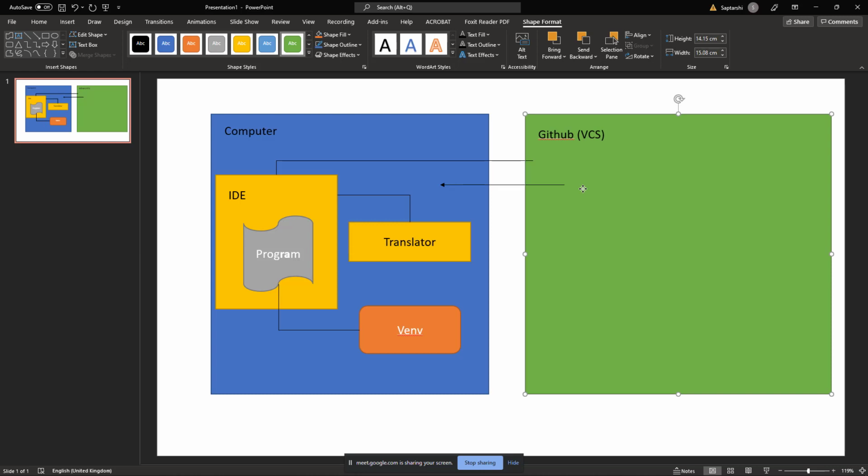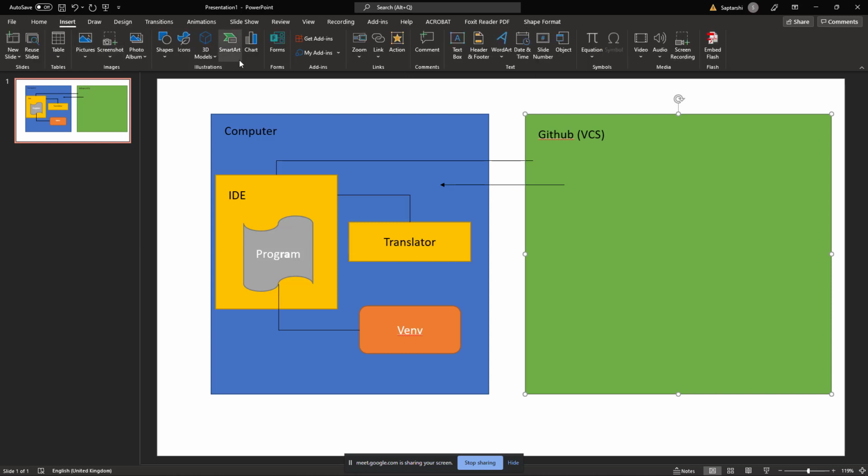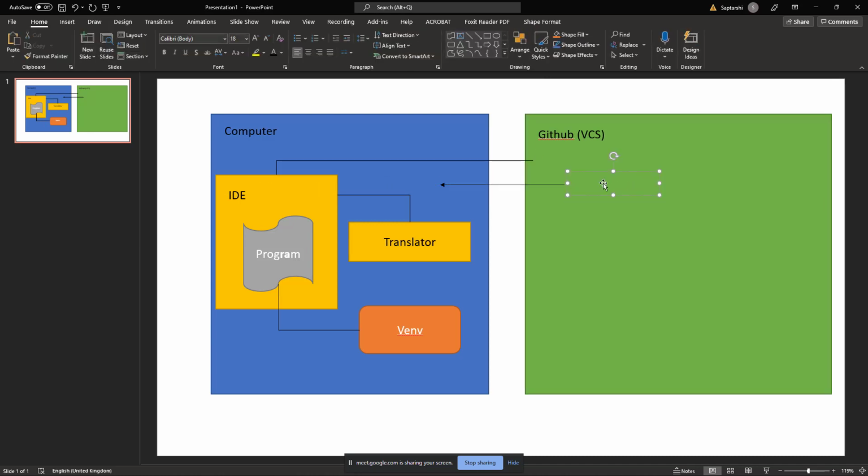Now there are two terms which are kind of confusing at first. If you are pulling that code from GitHub for the very first time, this is not called pulling. The first time it is called cloning. Let me put the names here. So when you say you're getting it for the first time, it means that you are making a copy of that information that is online for the first time. So you don't have a copy on your system. When you replicate that copy from the online side to the offline side for the very first time,